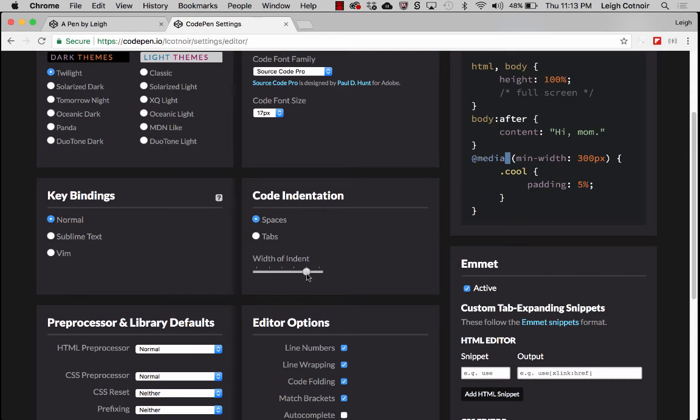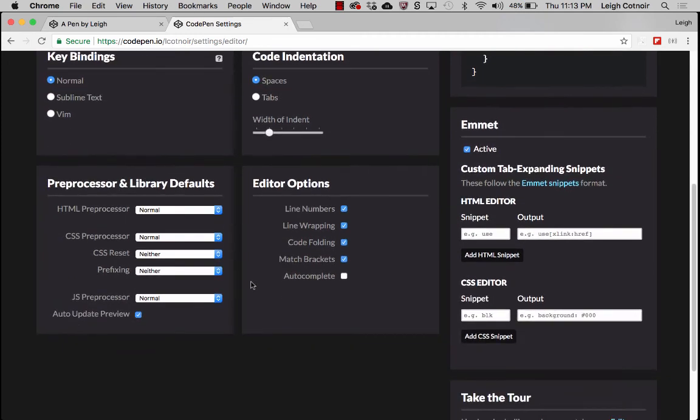The problem with making your code indentation really, really steep, or I should say deep, not steep, really deep like this, is that you're not going to be able to fit as much on a line, especially when you've got these narrow columns. So it's kind of nice to do it somewhere in this ballpark. All right, and I like the default setting the best. Don't worry about